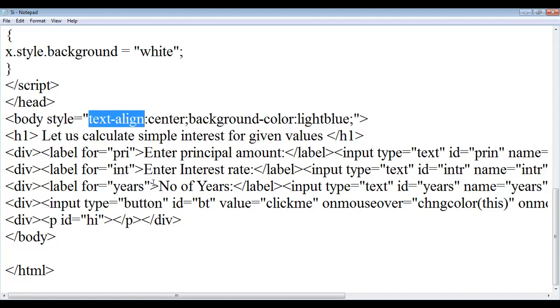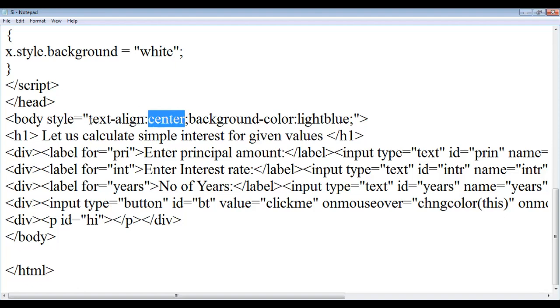Whatever text you have written in the body, that means whatever content you have in the web page, all that text-align we have to represent as center. So whatever text you consider must be defined as center.